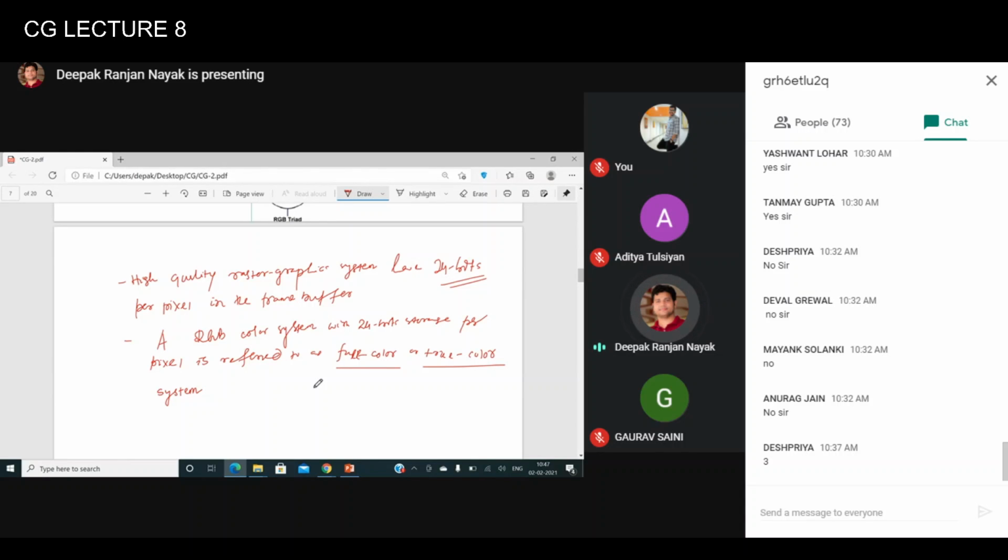You already know that, but it's still better if you go through some output devices and some input devices. And there are something called three-dimensional viewing devices. There is something called virtual reality systems. So how will you represent these three-dimensional objects, and how will you see them? Sometimes we see some three-dimensional effect, so how is it possible?